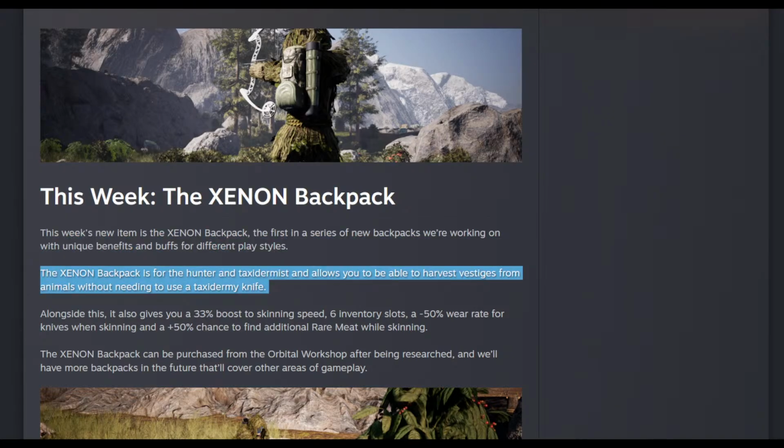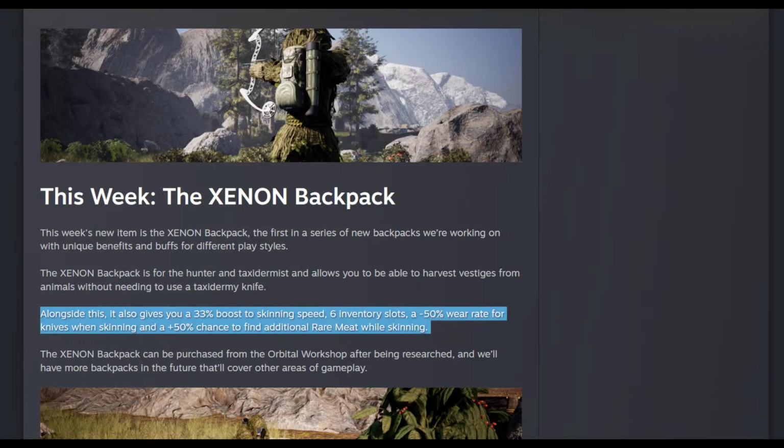Anyway, yes, the Xenon backpack is for the hunter and taxidermist and allows you to harvest vestiges from animals without needing to use a taxidermy knife. That's good. I like that. Alongside this, it also gives you a 33% boost to skinning speed, 6 inventory slots, and a 50% wear rate reduction for knives when skinning, and a 50% chance increase to find rare meat whilst skinning, which is good